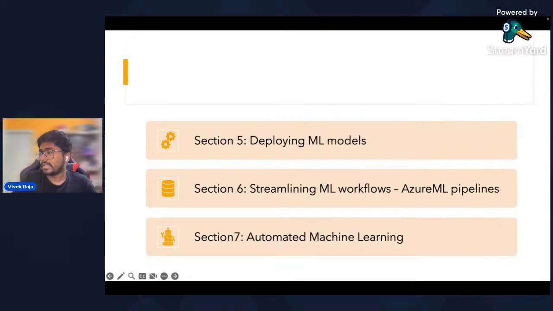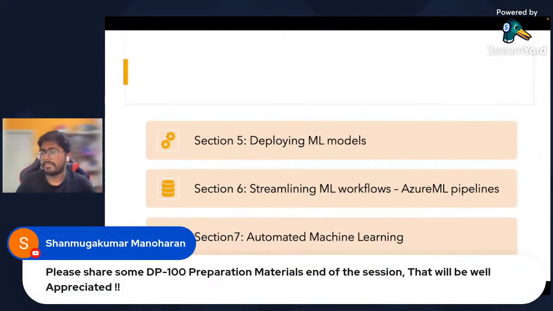Okay, so I'll try to share the AI-100 materials. What are the best ways to do it? I'll just give you orally right now. If you want to get started with your exam preparation, this bootcamp is the first place you have to head to. It covers most of the basics.